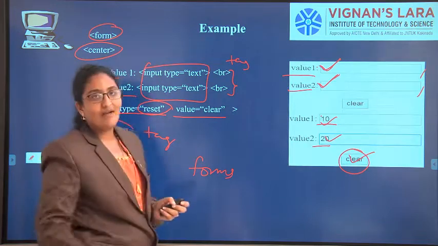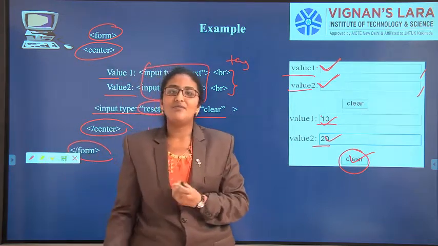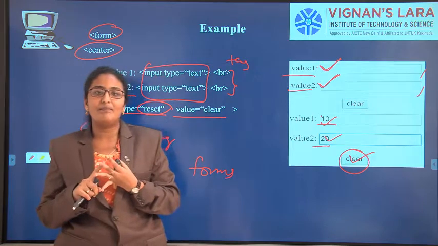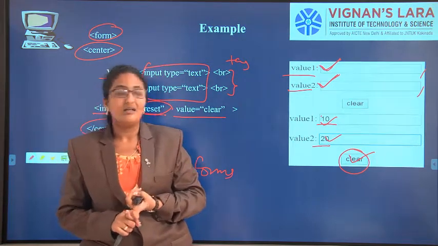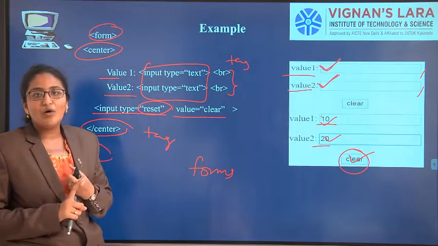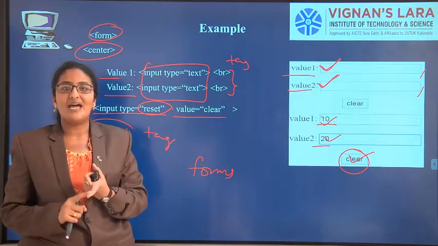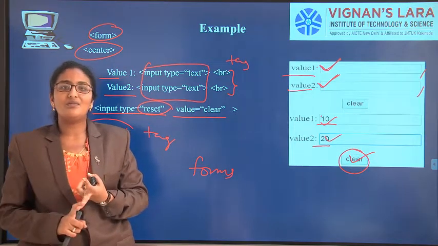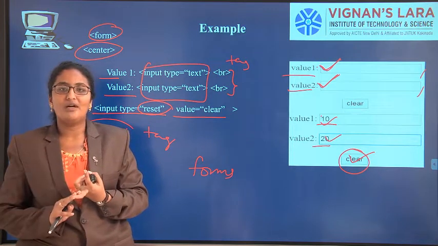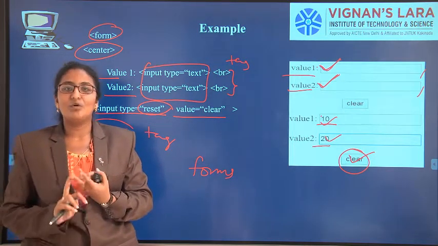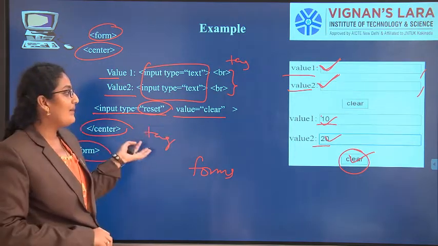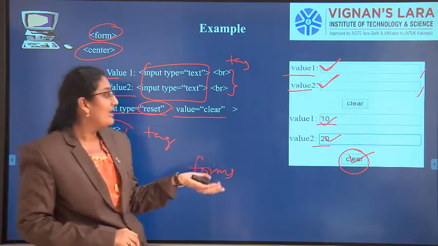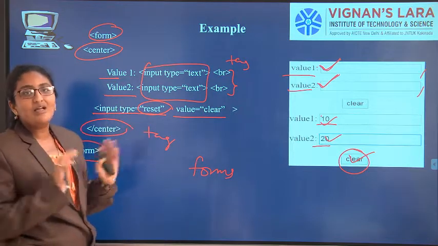In today's class we have discussed forms. In forms we have text boxes, radio buttons, check boxes, and creating submit or reset buttons. What we have seen is that a text box is a rectangular box which accepts a single line. Check boxes will accept a number of choices. A radio button will accept only one option. Finally, what is a submit button or reset button? A submit button is to give your data to the server. A reset button is to clear the form details.